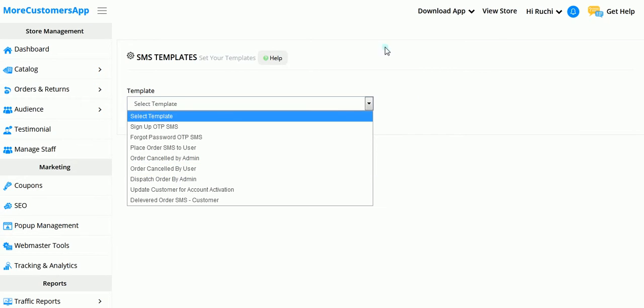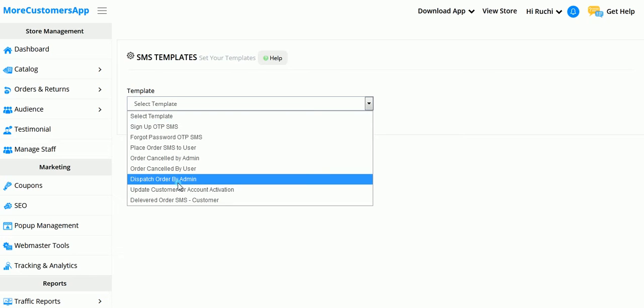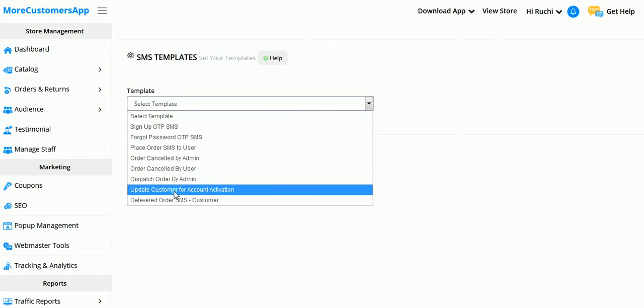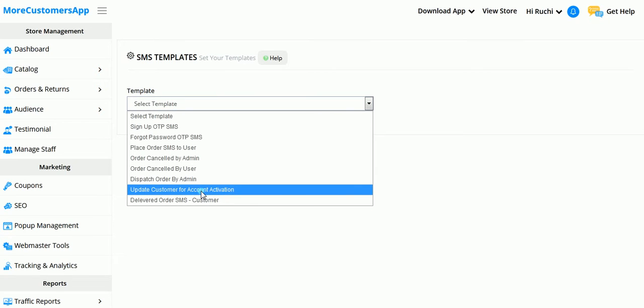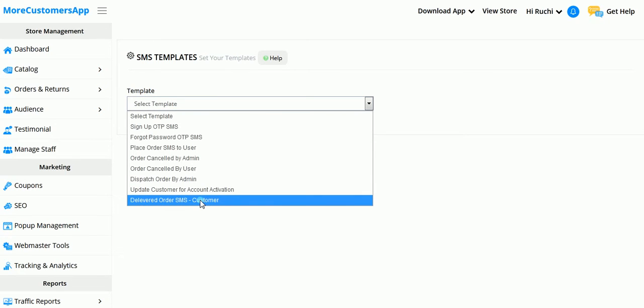Then dispatch order by admin: if we mark the status as dispatched, then again SMS will go to the customer. Update customer account for account activation, that can also be done from here. And delivered order SMS, that your order has been delivered, which again goes to the customer.